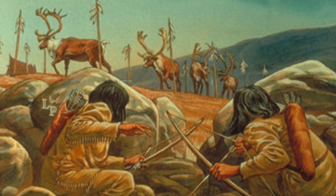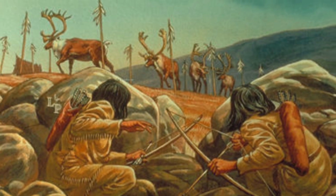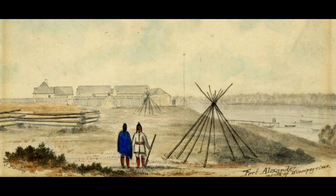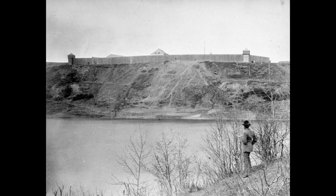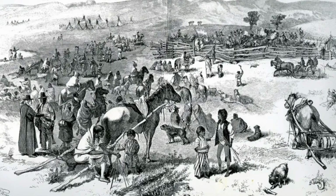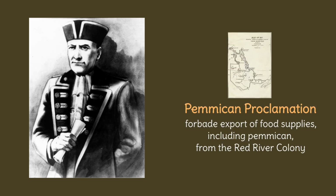Metis traveled onto the prairie in Red River carts, killed and butchered the bisons, converted the meat into pemmican, and shipped it in bags to trading posts such as Fort Alexander, Cumberland House, Fort Garry, Norway House, and Edmonton House. Pemmican was sufficiently important to the regional economy that in 1814, Governor Miles Macdonell passed the disastrous but short-lived Pemmican Proclamation, which forbade the export of any food supplies, including pemmican, from the Red River Colony, nearly starting a war